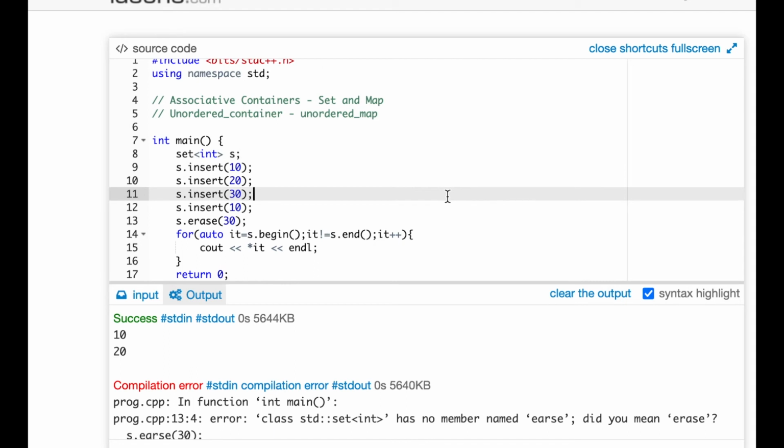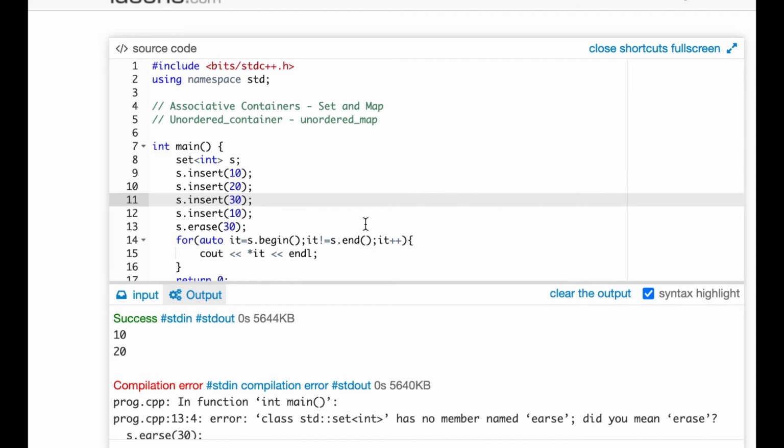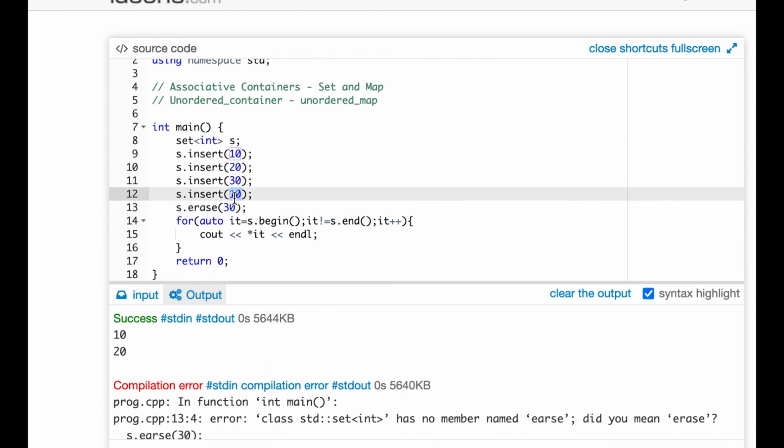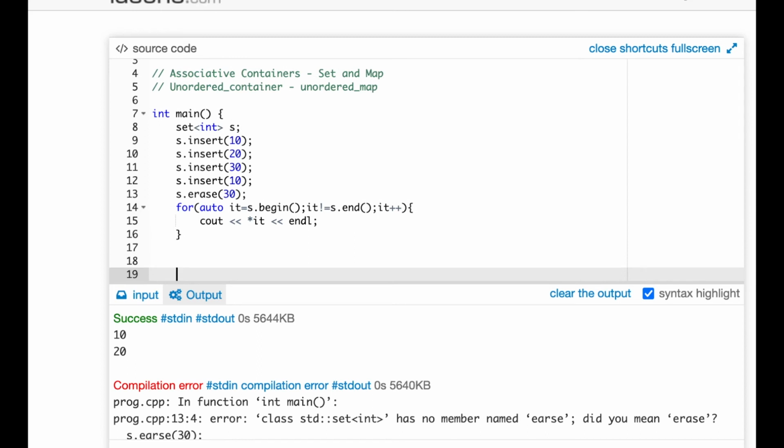So if you can see, set is actually not allowing duplicate elements, and that's one of the primary USPs of set. Duplicates are not allowed here. We will only be inserting the elements which are unique in nature. Now let us see the other thing which we plan to discuss, which is the map.